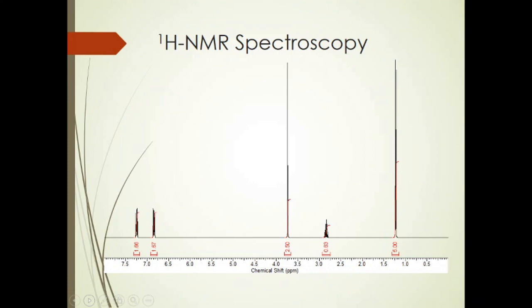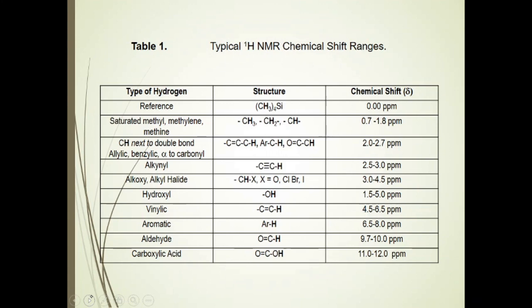So we can take an example. We have a spectrum here. Addressing the chemical shift first, we would look at the peaks and then correlate those peaks with a correlation table. We have certain groups that show up in particular regions. For example, if we have peaks in this region about 0.7 to 1.8 ppm, this is saturated carbon hydrogens,